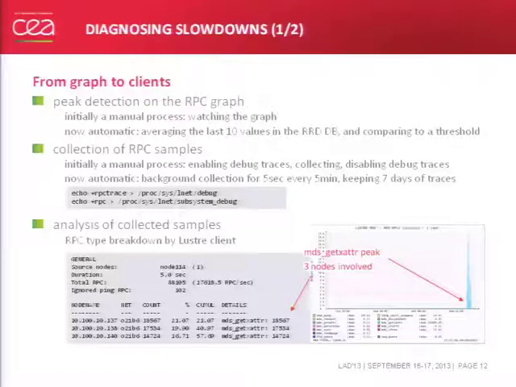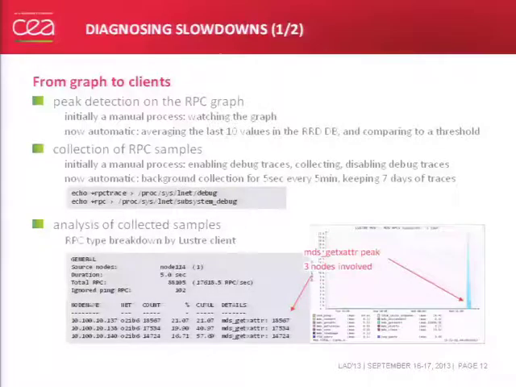When we receive such an alert, we try to collect RPC samples. In the same way, it was initially a manual process to enable debug traces, collect those traces, and disable the debug traces to go back into production. Now we do that automatically also. We automatically collect traces in the background for 5 seconds every 5 minutes, and we keep 7 days of logs. That allows us to get back in time and be able to analyze the traces for any event we can